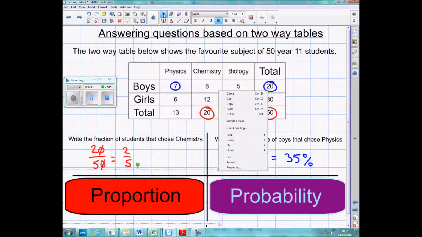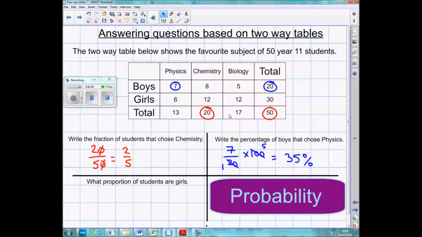Proportion questions are basically exactly the same thing as percentage questions. We can write a proportion as either a percentage, or we could write it as a fraction. So let's do it as both. So for the proportion question, it's asking for the proportion of students that are girls. So there are 30 girls out of 50. So we could write this as 30 out of 50, which is 3/5 if we simplify it, or we could